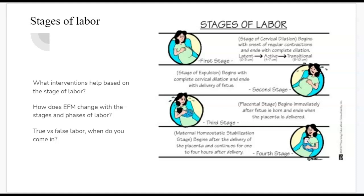Now that process can take different amounts of time based on how the family decided they wanted their placenta managed versus the practice preferences for the physician or advanced practice nurse. So what does that mean? What that means is that there are people that like to save the placenta for different reasons. People will use it for supplement as well as ceremony. So very important to note that as long as the patient is stable and everything is normal, then generally we